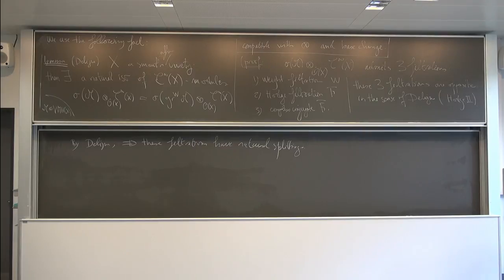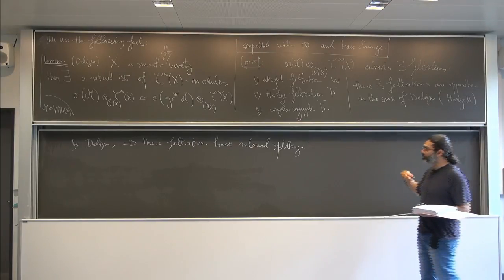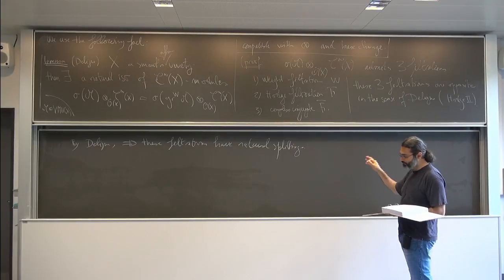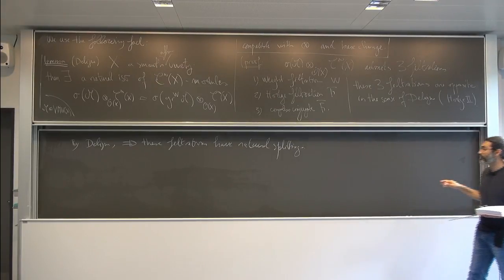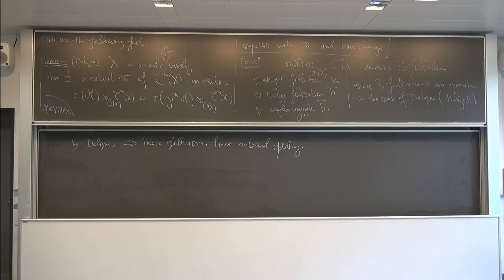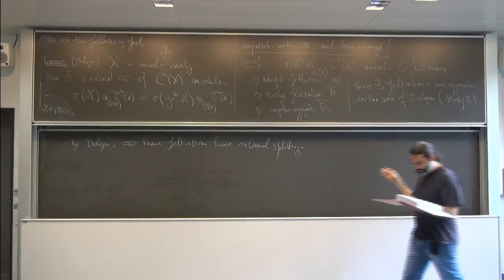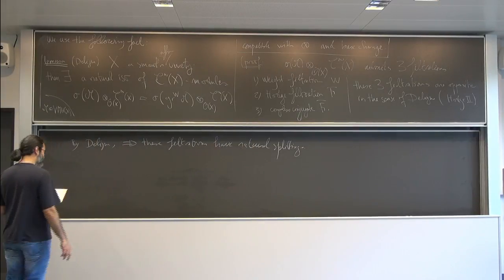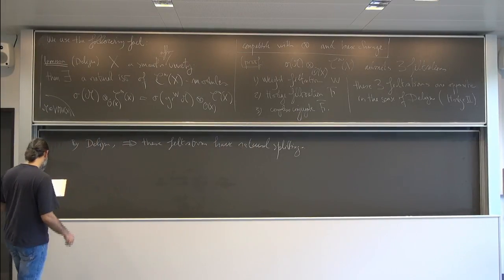also the splitting does not really depend on choices, it depends on some discrete data, and so in particular it will also be preserved under exact functors, and so on. So I just give you the formula. It's really kind of weird. I mean, I don't really understand what's going on here, but